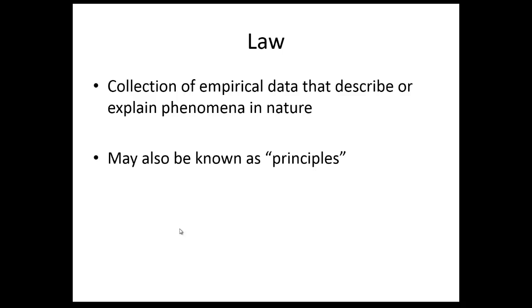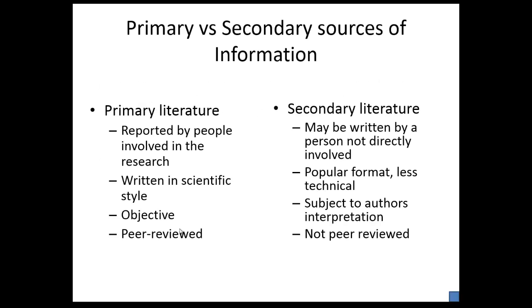So whenever we're looking at scientific information, it's important to keep in mind where that information came from. If it came from primary literature, which means it came from a scientific journal that is reviewed by professionals in the field, we can pretty much rely on that as good data and good experimentation. But if it's coming from secondary literature, like it's a web page or it's an article written by one individual based on their observations and opinion, then we need to be a little bit more prudent in how we assess the validity of their claims, because we see a lot of that right now in the area of health.